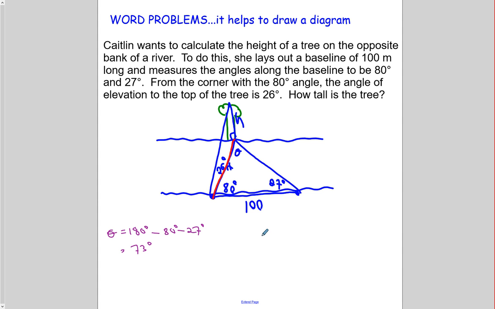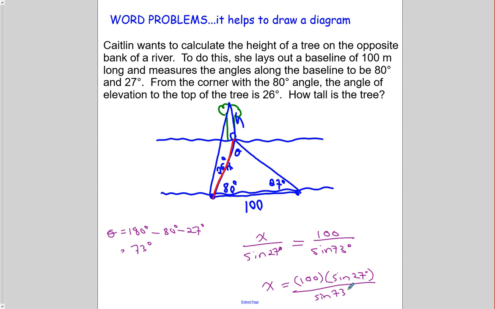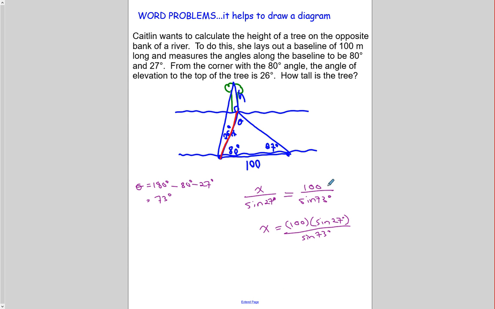So I'm going to use sine law for that. So I'll say X over the sine of 27. That's the angle across the way. So X and 27, let's match those up. That's going to be equal to the side I do know, 100, and it's across from an angle of 73 degrees. So I worked that out. Let's multiply both sides by the sine 27. And that's going to give me that side X is going to be